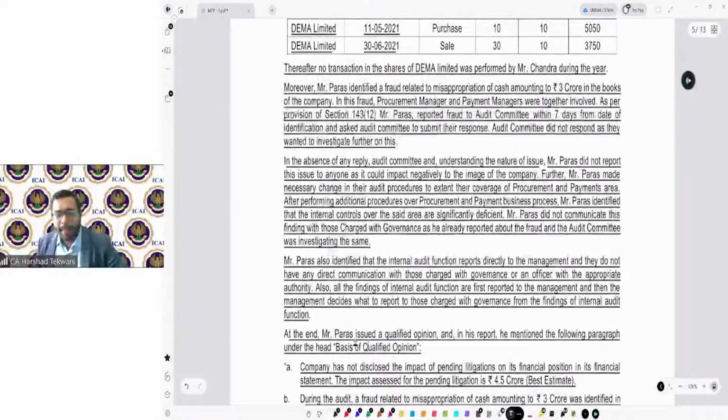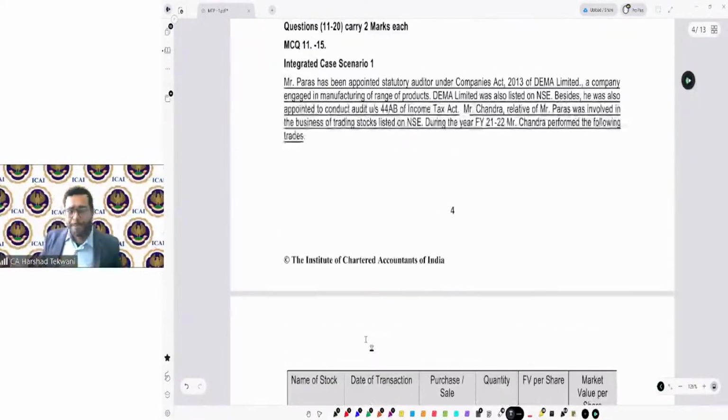Okay. Now, before we go to the MCQ, whenever you are trying to answer an integrated case scenario, I'll give you some tips, which might help you. It depends upon person to person how they look into that. What I used to do personally, I used to highlight the paragraphs, what the paragraph is about, so that when the question comes, I can go to that paragraph and read the relevant lines again. So for example, this particular paragraph for me